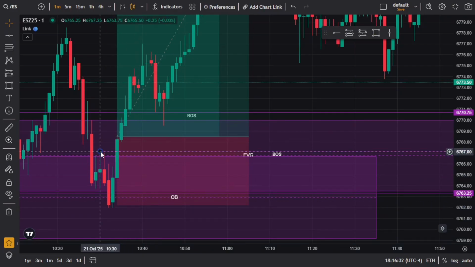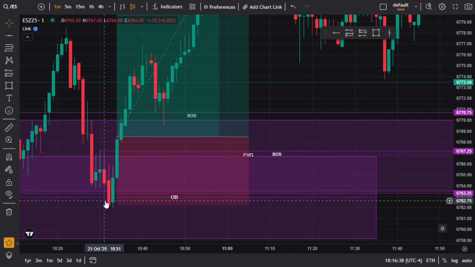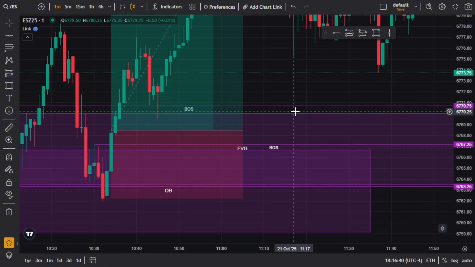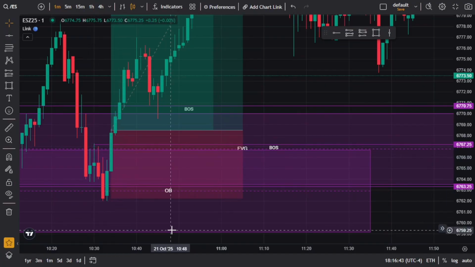And we're going to mark the highest point of these 2 wicks. Not the shorter one, the highest point. It doesn't matter if it's red or green. It doesn't matter, you know what I mean? Just the highest point of these 2 wicks, okay? We're going to mark that out.